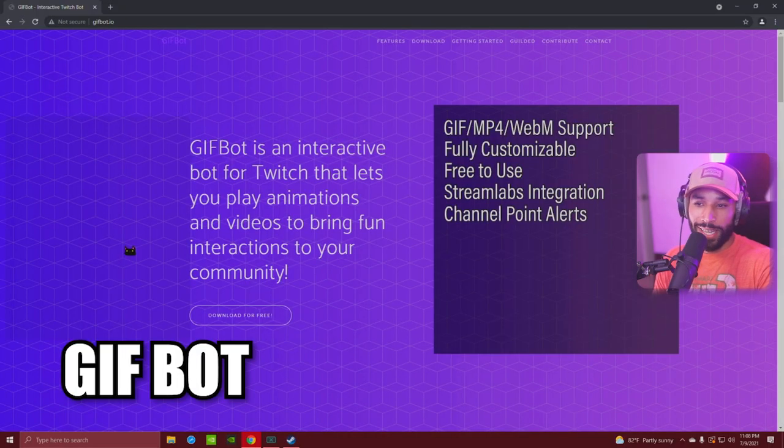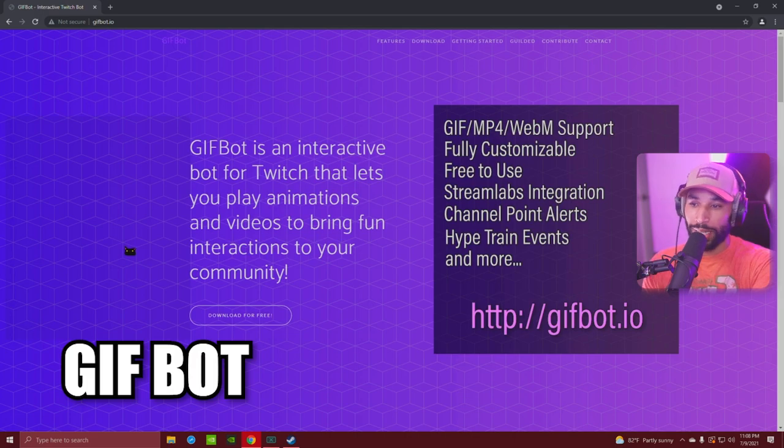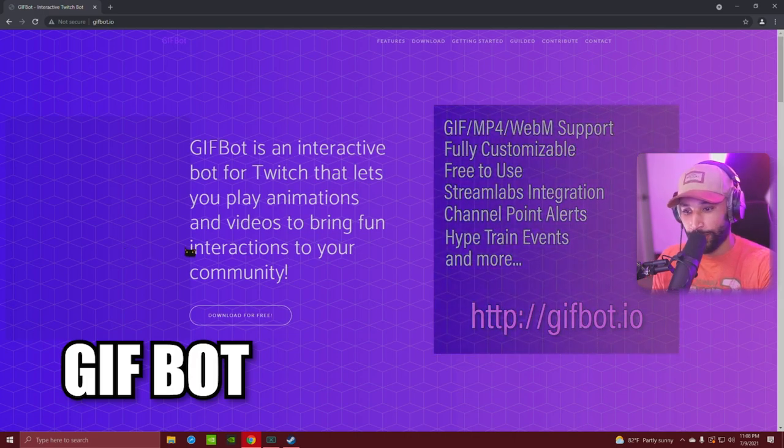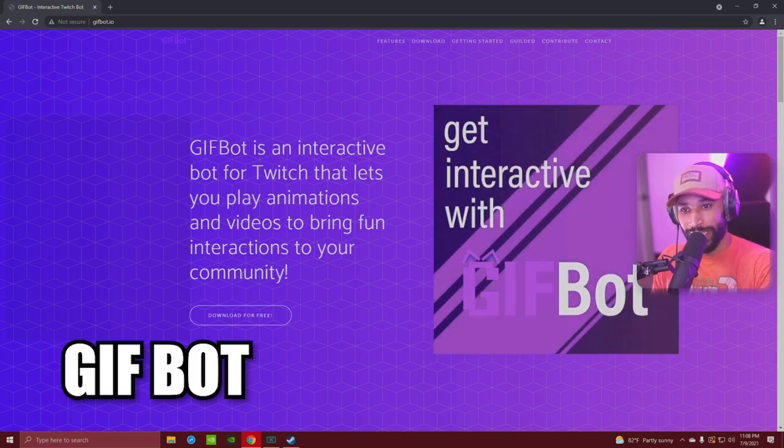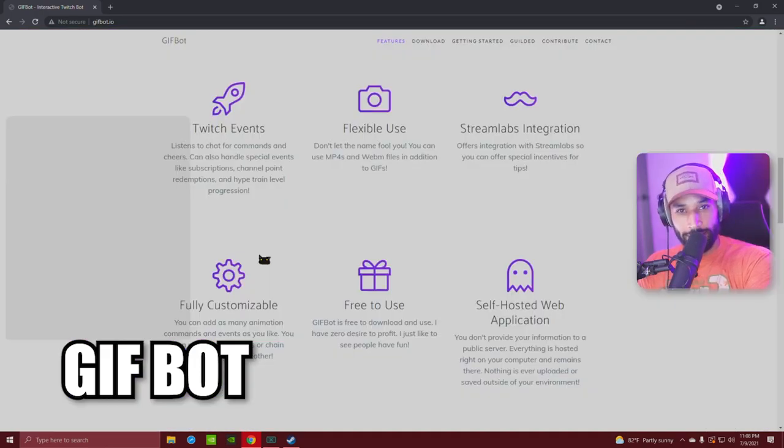Now, this first free tool we're going to be talking about is called GIFbot. GIFbot is an interactive bot for Twitch that lets you play animations and videos to bring fun interactions to your community. So, of course, there is a free download. Basically, it listens to chat commands that you input or that your viewers input, and it can trigger video animations